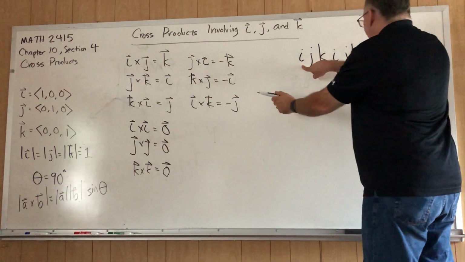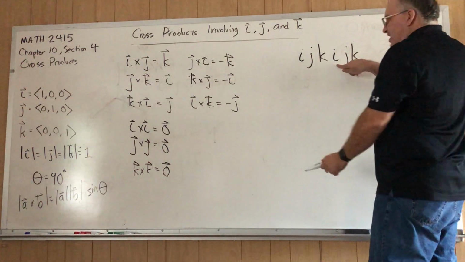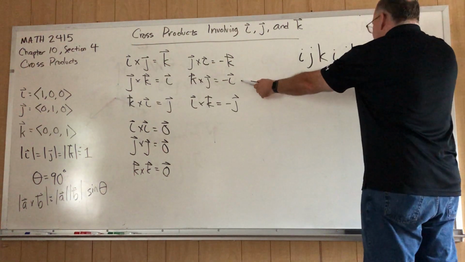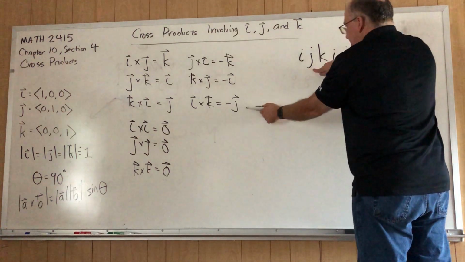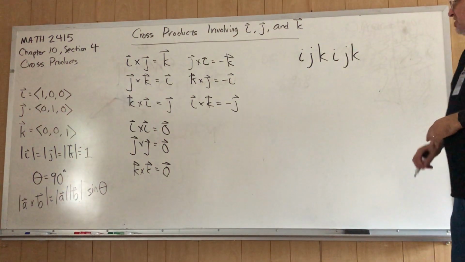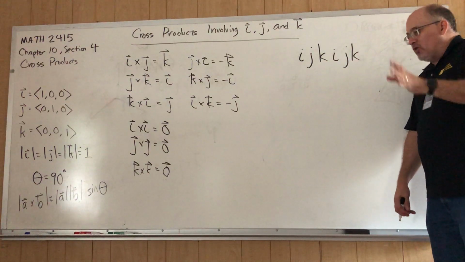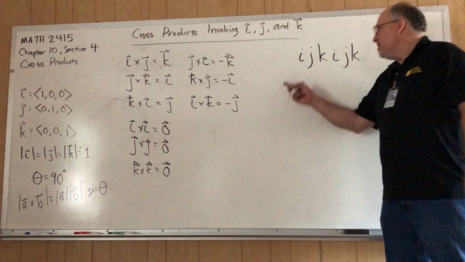Here it is. I think I pointed incorrectly. K cross J is negative I. That's this one. J cross I is negative K. And I cross K is negative J. That's this one. So you can actually capsulize all of the cross products involving I, J, and K by simply writing